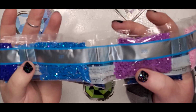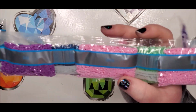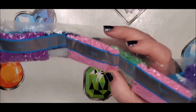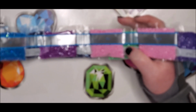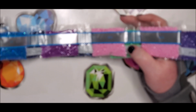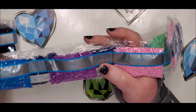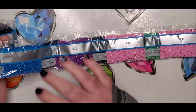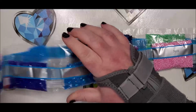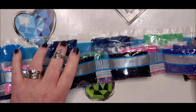So let's get back into focus, and more purples and more pinks. Oh, this is going to be so... Come on, focus. There we go. This is going to be so fun to do with all these purples, pinks, and blues, because those are my number one colors. All 3 of them. So there we go with Evening Light